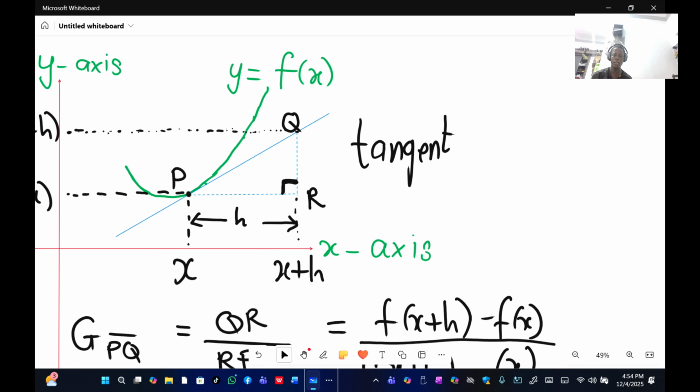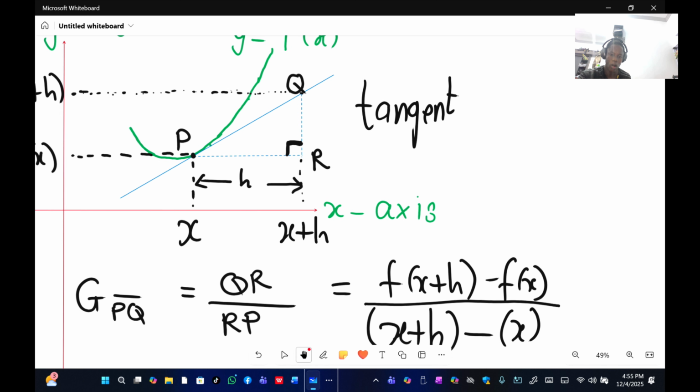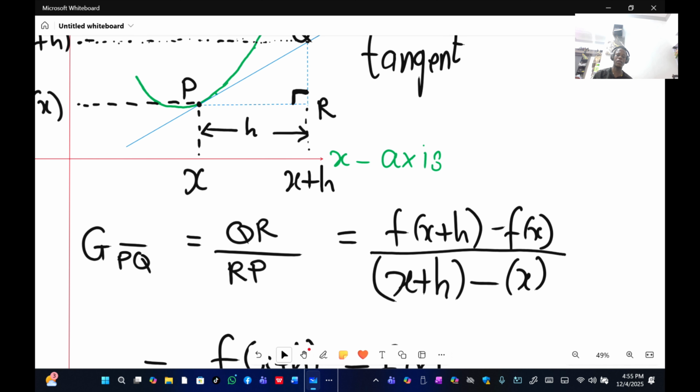So this becomes a function. We will take the limit of what we have gotten as h, that is the small increment, approaches 0. You could see on the graph, if x becomes the value that we are going to use, there will be no small increment. So for you to get back to where P is, where the x value is the original x value and the y value is f of x, you have to take the limit of what you have gotten as the small increment that you have added approaches 0,